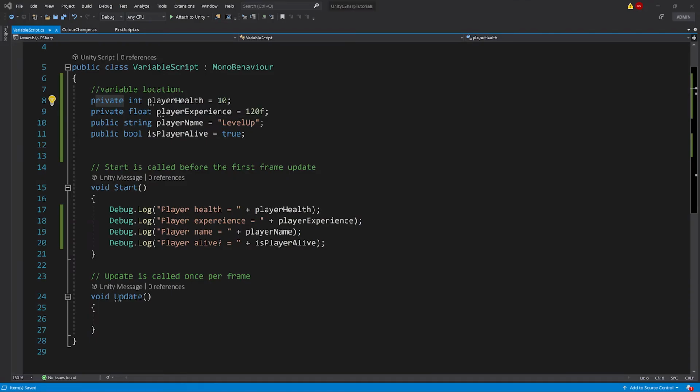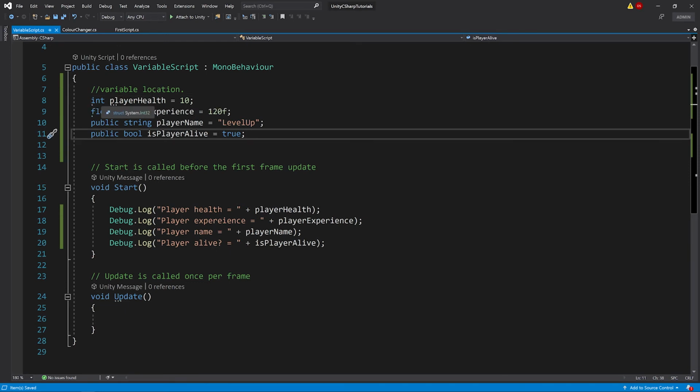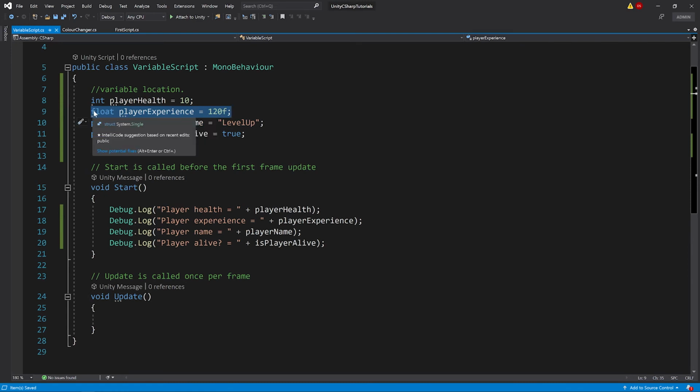And what's important to note is that by removing the private keyword, the variable declarations here will by default become private. You don't actually need the private keyword. Sometimes it helps for readability and understanding what's going on, and that's something you'd have to agree with in your